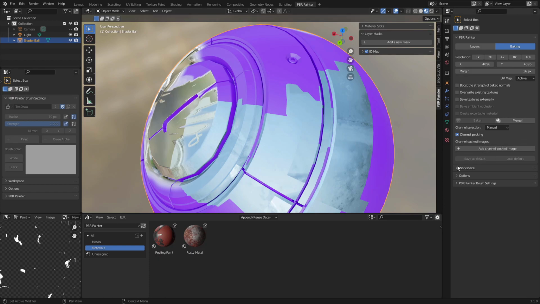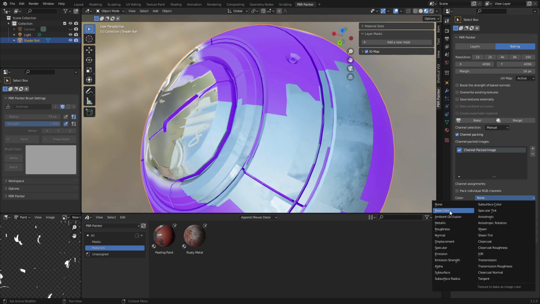But just briefly, what channel packing lets you do is bake your channels to individual channels in an image. For example, as I mentioned earlier, you may want to bake roughness to the red color of an image. You may bake metallic to the green color of an image, and so forth. The way that works in this new system is you add these channel packed images, and these are your configurations for how you want the baking to work. For example, you may choose in the color channel of this image to bake the base color,